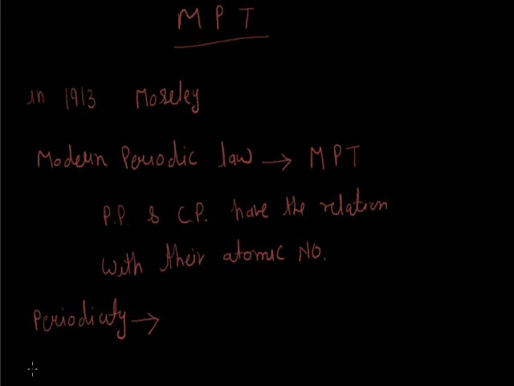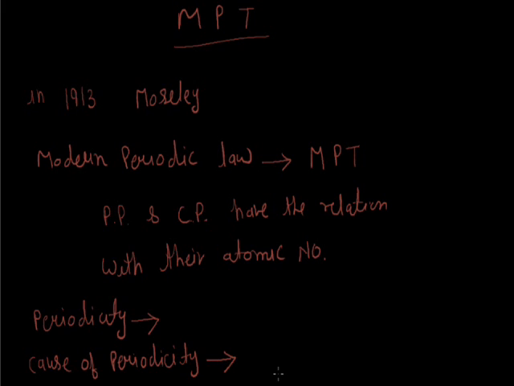And now, what is the cause or reason of periodicity? The periodic repetition of the properties of the elements is due to the similar outermost shell electronic configuration after certain